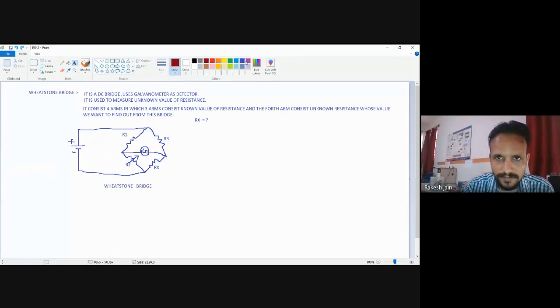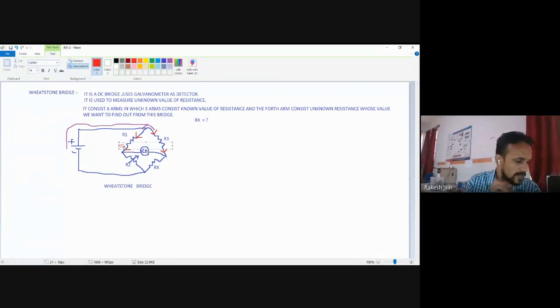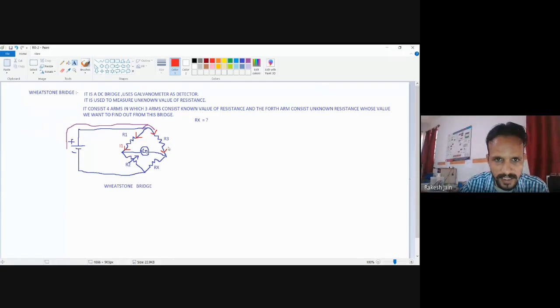Now see very carefully. Because the current flows from the minus to plus terminal of a battery, the current will flow from here. Now it will divide into this part and this part. Let the current in this R1 resistance, which flows in this direction, be I1, because the name of the resistance is R1. And the current in this R3 resistance, because the name of this resistance is R3, I put the name of the current as I3.